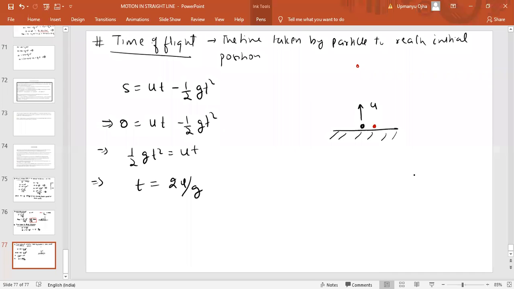Fine. Did you understand this or not? So whenever we are using this equation s equal to ut plus half at square, in that, this s is the displacement of the particle. S is the displacement of the particle. Okay. I hope you understood this, how we are using these equations. Fine. Next.